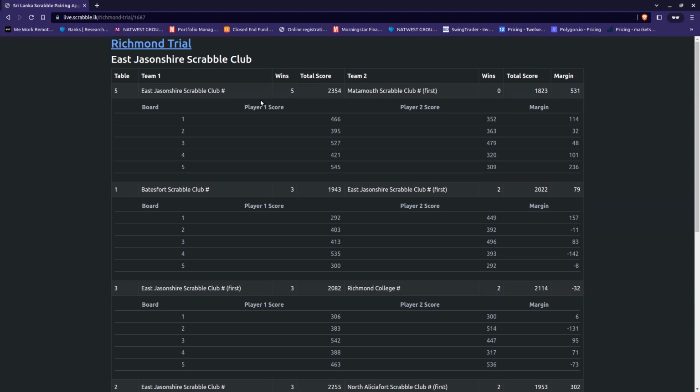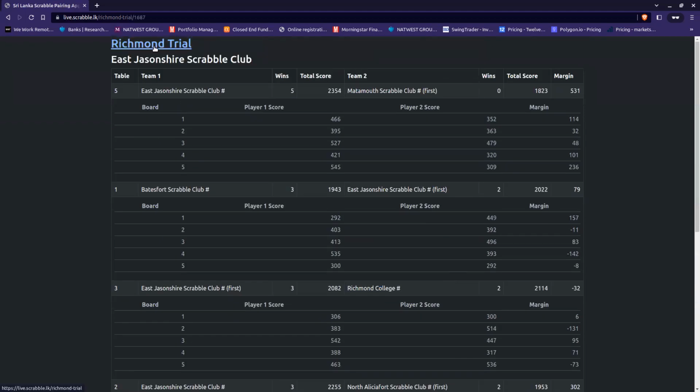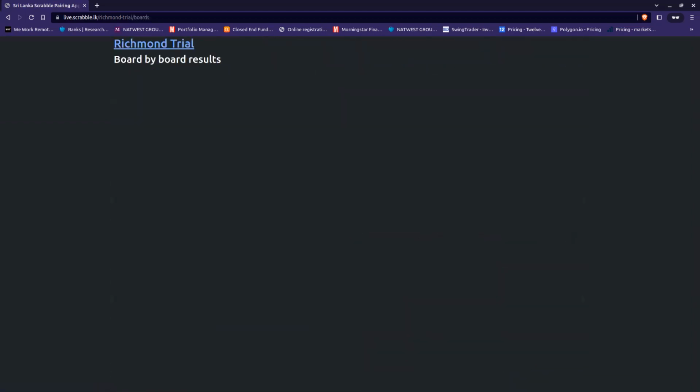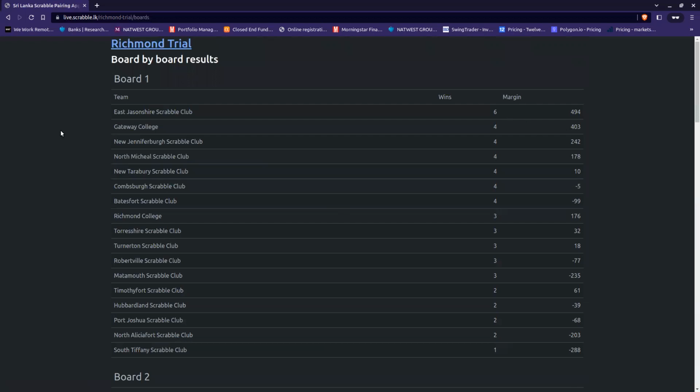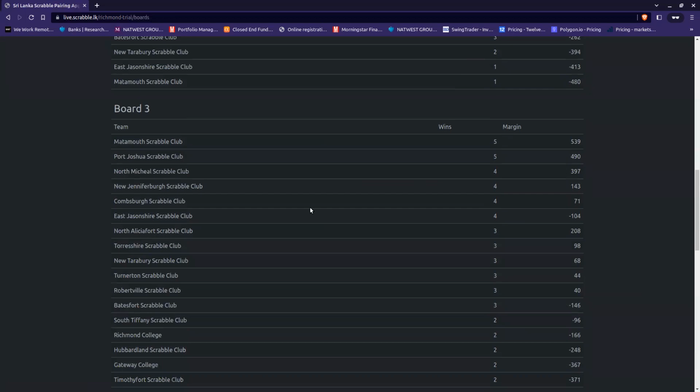You can see that the first round, they won all 5 games. And the second round, they won all 3 games. And you can see which players won those games as well. And you can go back to the home page, click on boards, and you will see the standings for each board. Again, the East Jason Shire Scrabble Club player has won the board prize for board 1. Board 2 goes to Turnerton Scrabble Club, and board 3 goes to Mattermount